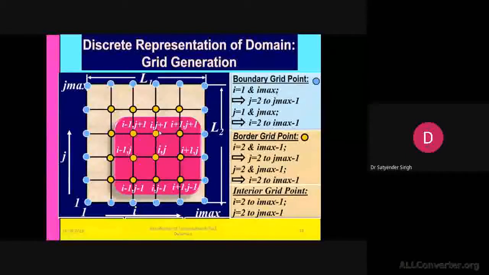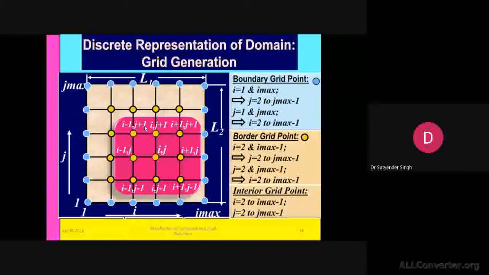Then how to recognize the neighboring cell centers, or I should say nodes, not the cell centers here. For this, it will be I, j plus one, and the next adjacent one will be I plus one comma j, I minus one comma j. Likewise, we recognize the various nodes for our computational domain, and this information is required while you create your own code, because codes are generally on the basis of your matrices.